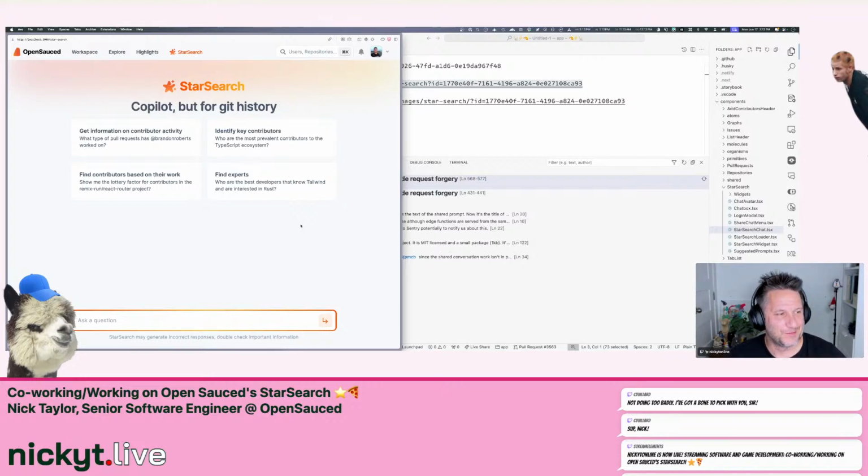So while Charles in the chat is just finding that bone he has to pick with me, I'll just continue what I was saying. So we got StarSearch. It's Copilot, but for Git history, and so we can run some of these canned, or I should say suggested